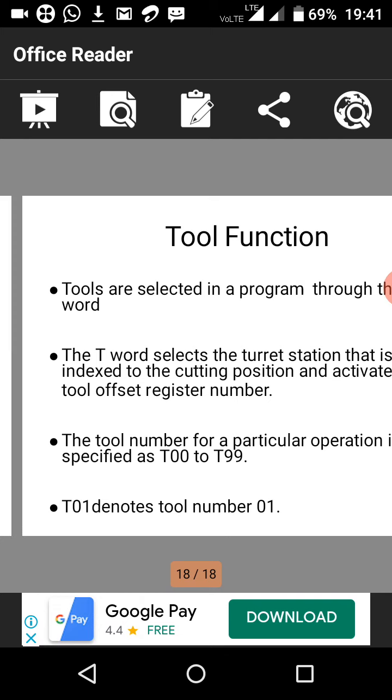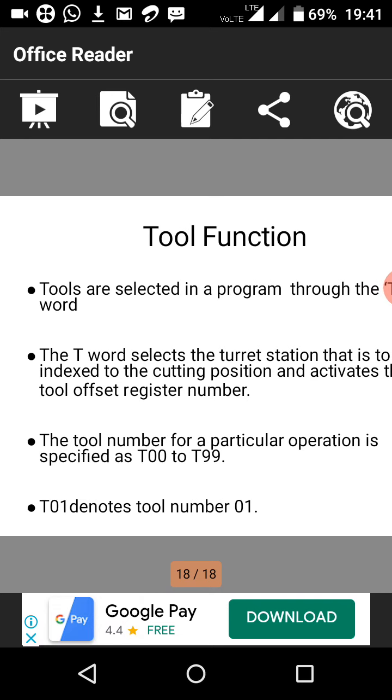In this way, the tool function also has tool nose radius compensation. Tool nose radius: when turning a taper or radius, the tool nose radius leaves excess material. So in the nose radius it leaves more material. The radius of the tool will introduce positioning errors in contouring. So here we will get some error because it is taking a contouring shape, meaning a curved shape. This error is compensated by the tool nose radius compensation. Okay, next class we will see that one.